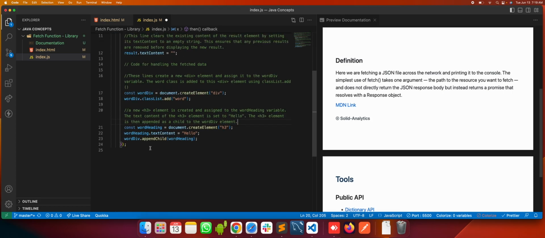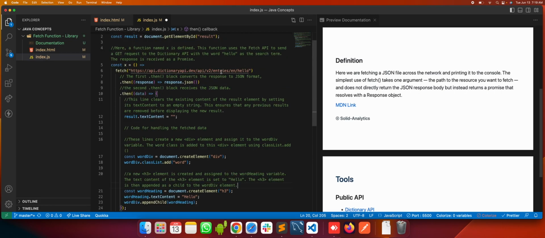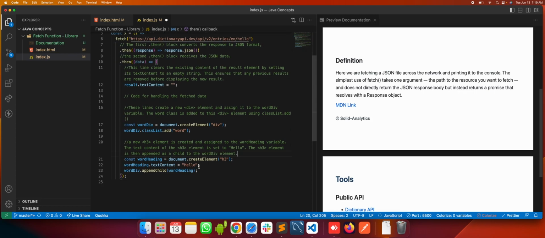First, a new h3 element is created and assigned to the word heading variable. So const word heading, and you use document create element h3. The second line, the text content of the h3 element is set to hello, because we are getting hello here from the API. We're going to say hello.